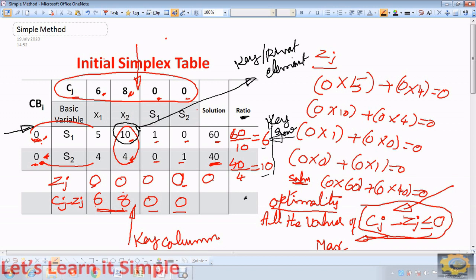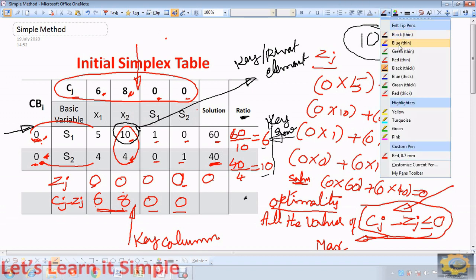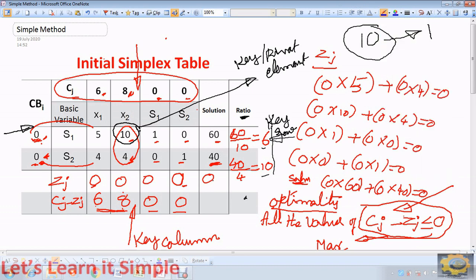So this completes the first iteration. Now in the pivot element, so we have values as 10. Now in the second iteration, what we need to do is, this pivot element 10 should be brought as 1. So we need to bring the pivot element as 1. How we can bring the pivot element as 1? We'll discuss as the second iteration.